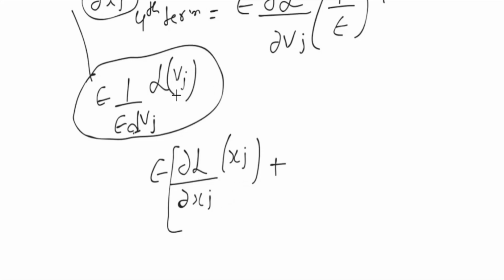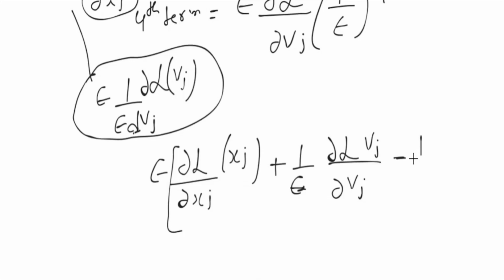This is your fourth term, and it can be written as 1 upon epsilon del, here it will be del, because what are we doing, we are differentiating this, so del will be here. So del L upon del Vj, it is just like this, and I told you that the second term will be just the same term but with the minus sign. Del L upon del Vj, or you can say Vj plus 1, and here it will be del Vj plus 1.